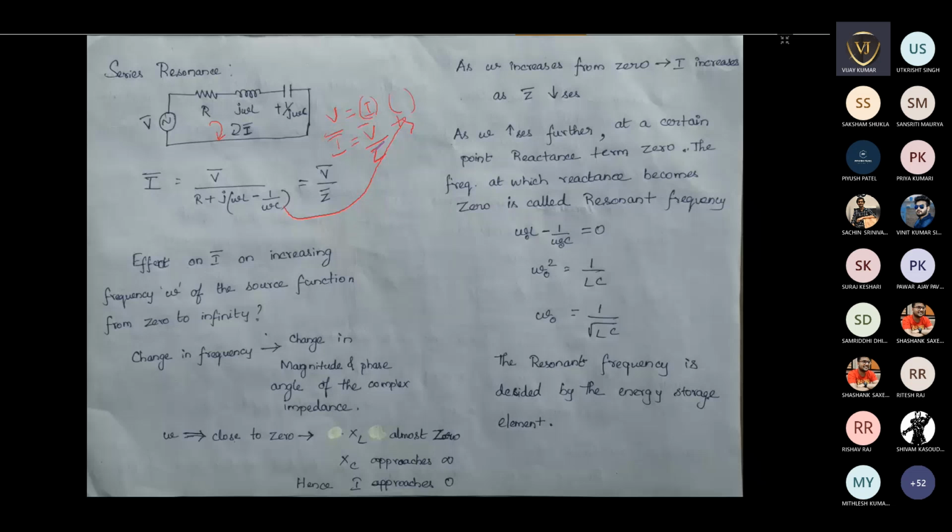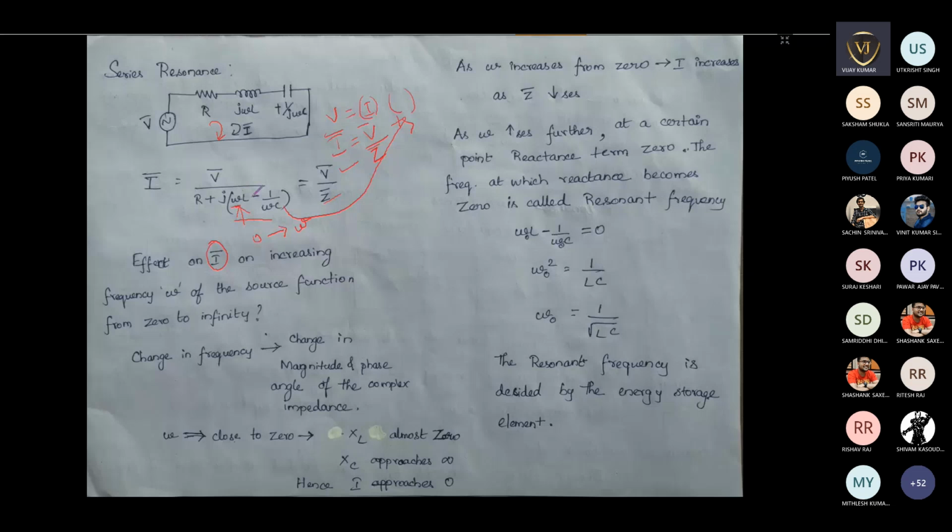Here it is a phasor because we are dealing with AC circuits, so we are mentioning it as a phasor. So this V is a phasor, and this impedance is also a phasor. Now, what will be the value of I if I change the frequency from 0 to some maximum value? Okay. So now if this omega is 0, then what happens, you see,